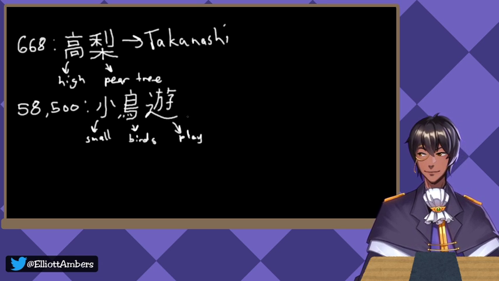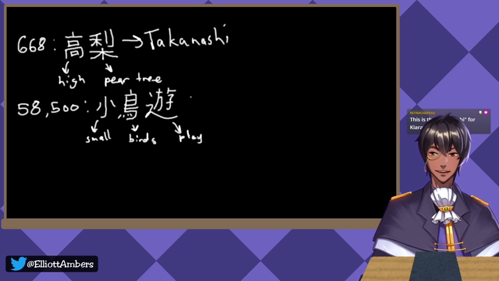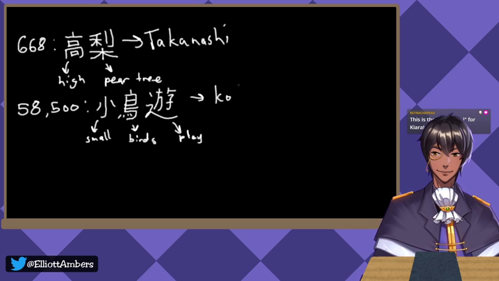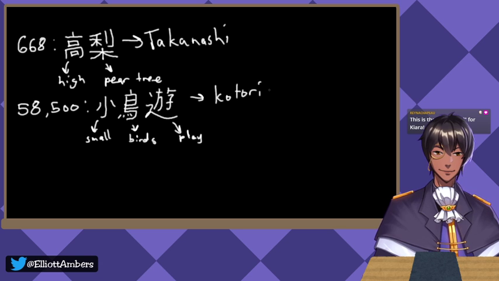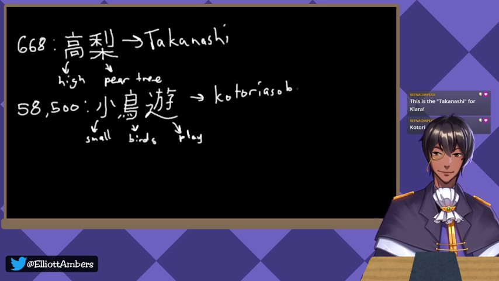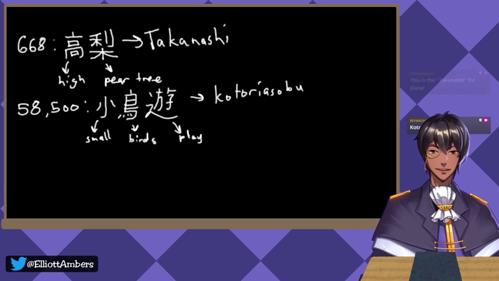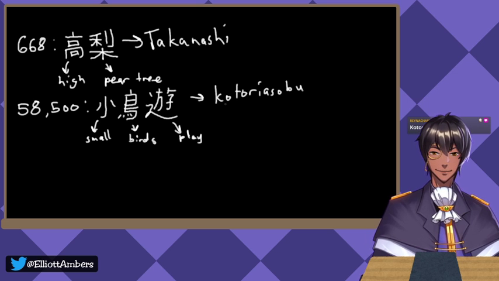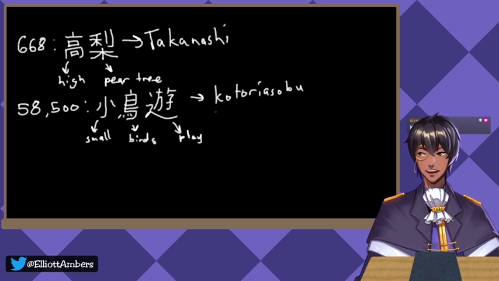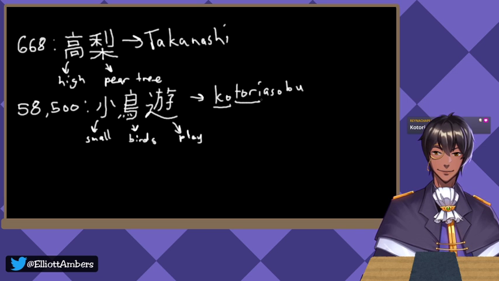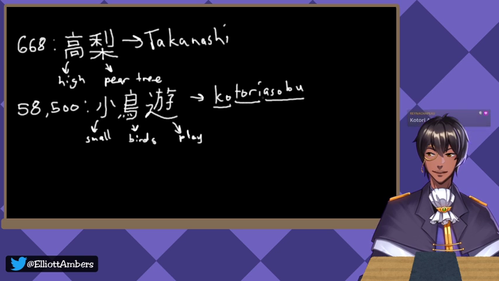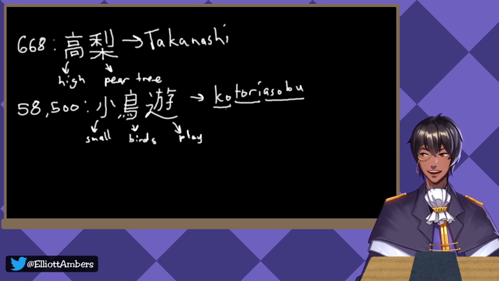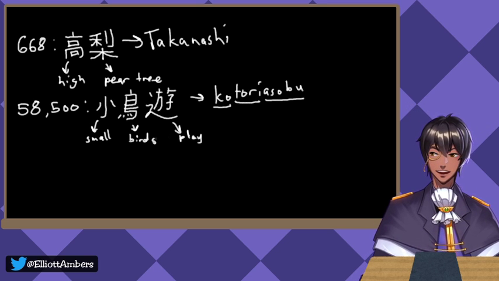But if you were anyone who studied Japanese and had a familiarity with kanji, your first instinct would probably be to read this as kotori, because small bird is kotori. Kotori asobu. I'm not sure if it would be asobu or asobi, but essentially it would be small birds playing. Now the thing is, even though it would read like this normally, small birds play is read as Takanashi